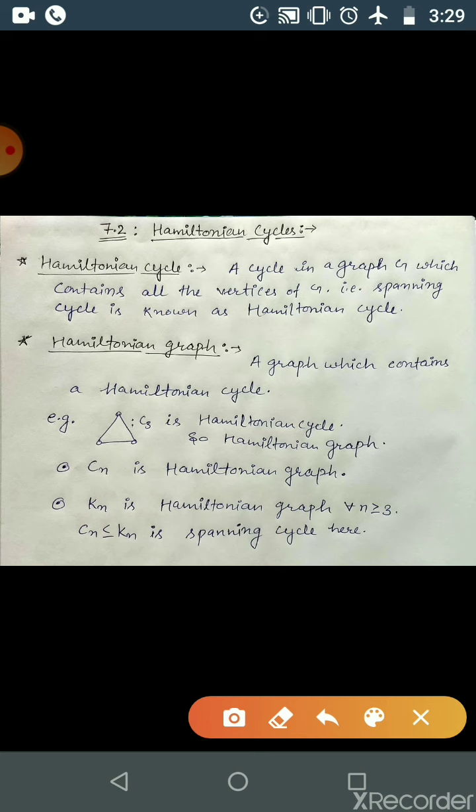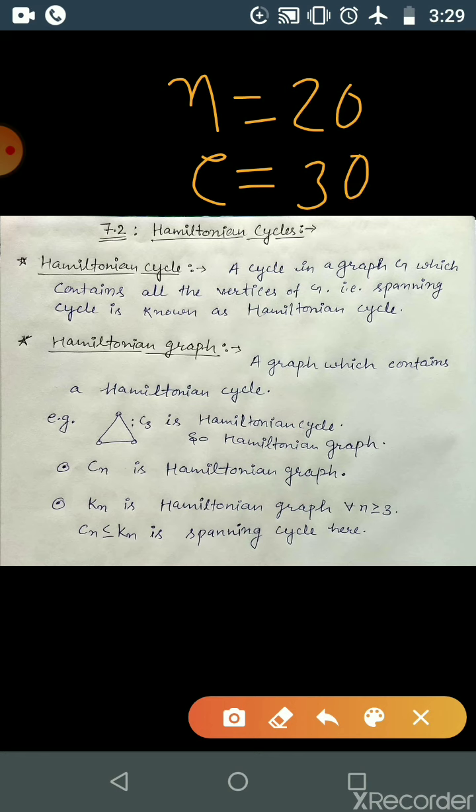The dodecahedron is a graph with 20 vertices, 30 edges, and 12 faces. This is a planar graph, and you can verify it. So this is a graph with order 20, size 30, and 12 faces. On the basis of this graph he described a game in which a player is